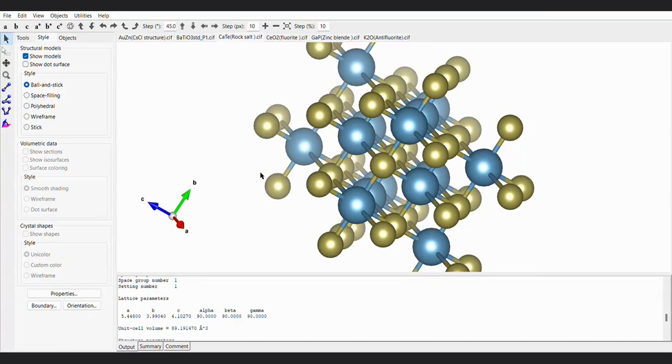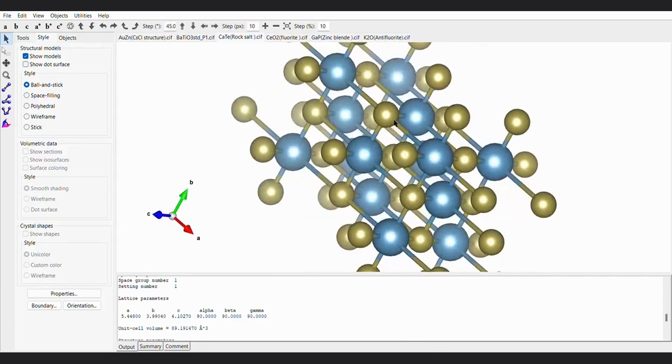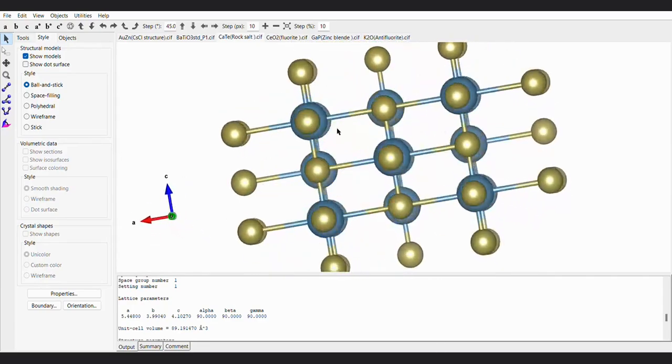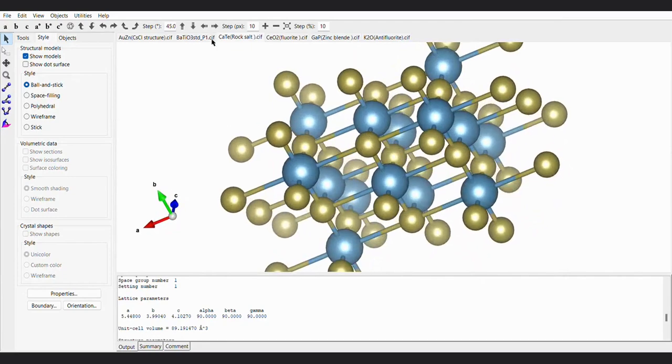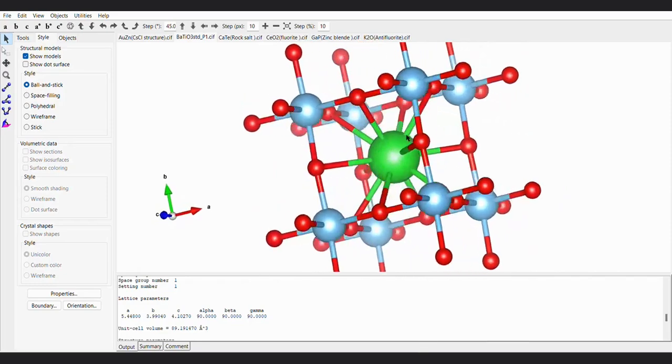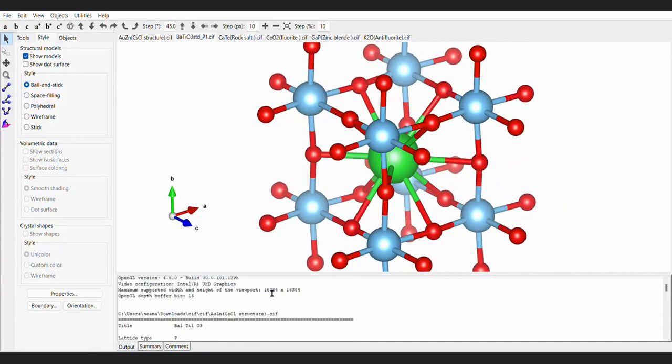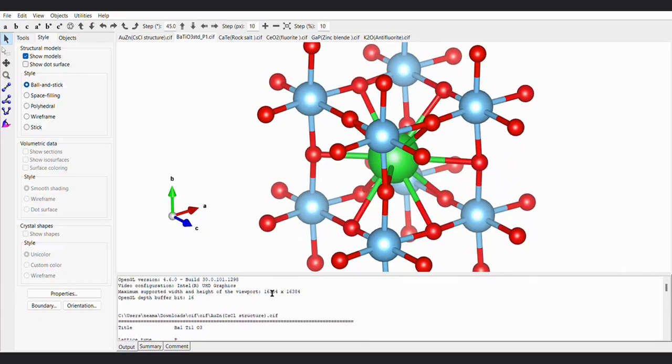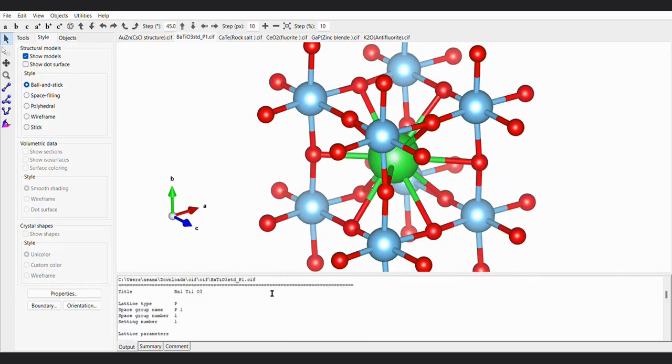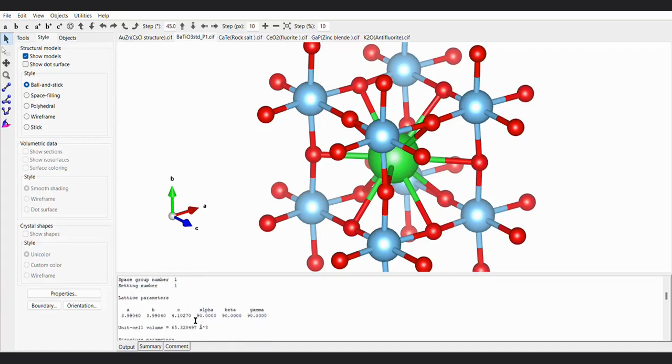For part B of the assignment, which says that we have to record a video for the crystal structures of various compounds, the structures for which we drew using the software VESTA by editing the CIF file of the crystal BaTiO3 given to us as the standard file. Starting with the file of BaTiO3, the lattice type is primitive, space group number P1, setting number 1, lattice parameters are written here,